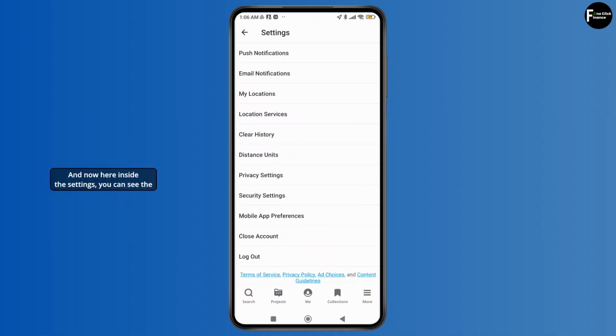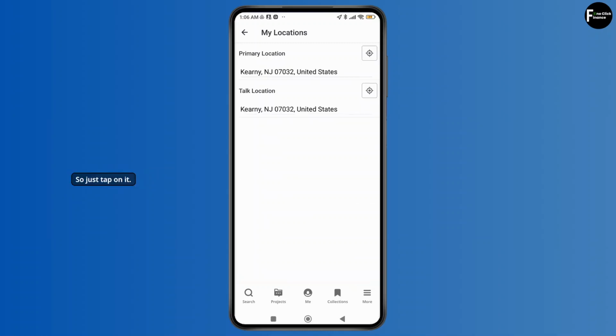And now here, inside the settings, you can see the option labeled as My Location. So just tap on it, and after that, you'll see the location page like this. As of right now, I have already set my location, but if you haven't, you can just tap on